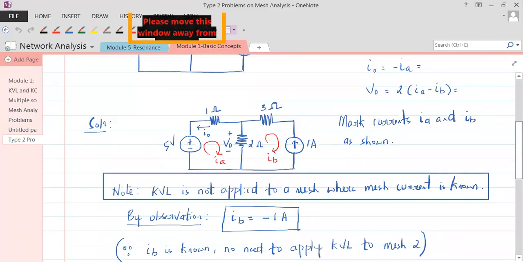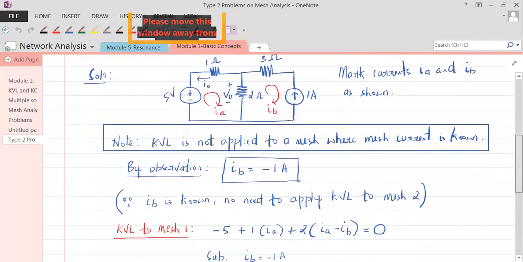Understand that? See here, we have 2 meshes, but how many KVL problem is this? I'll be asking you how many KVL problem is this? You should say it's 2 mesh, but 1 KVL problem. Why are the number of KVLs reduced? The number of KVLs are reduced because there is a current source on the periphery. Is that okay with you, everybody? So this is an advantage. Let us take another problem of the same sort.